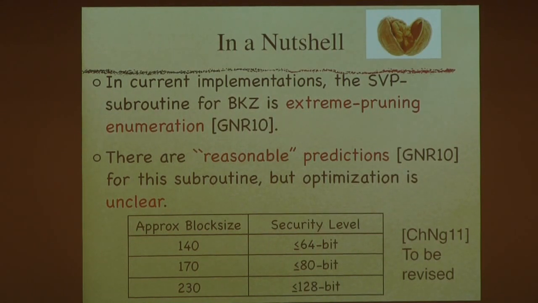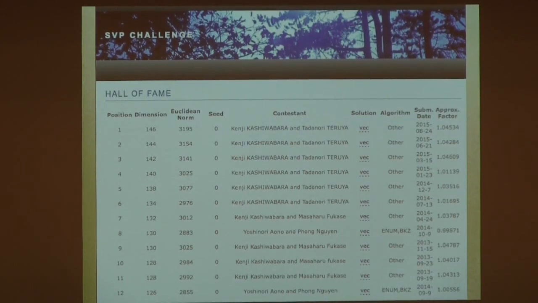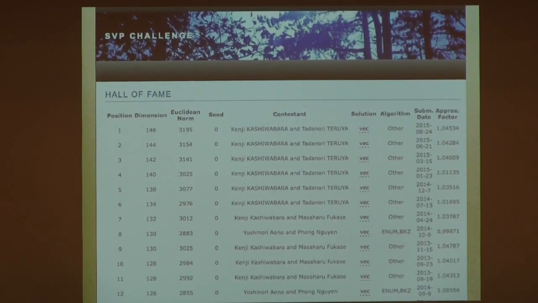So this was the table we got in 2011. We got a lower bound and an upper bound. I didn't put the lower bound here because there was really a huge gap, but it tells you that there could be a lot of progress here. The best way to check the progress is to look at concrete computation. There's a popular online challenge called the SVP challenge, and you can see how much it costs to find not exactly the shortest vector, but a very short lattice vector,